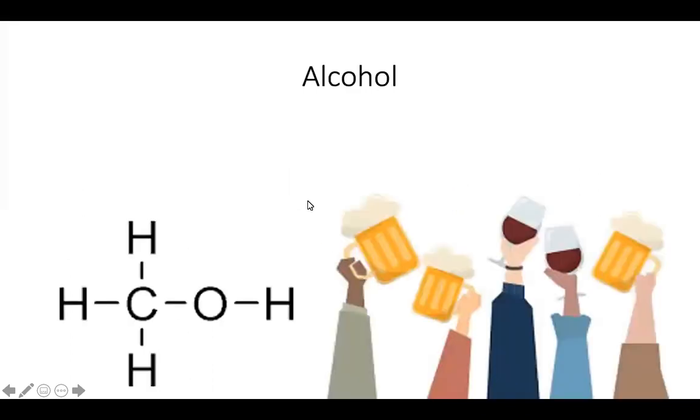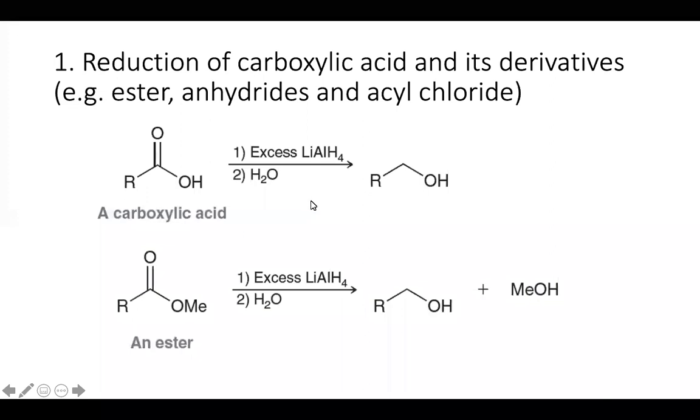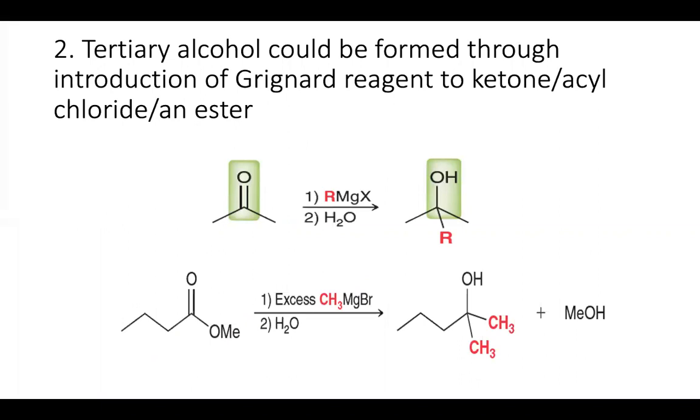Alcohol. So alcohol, how do we prepare alcohol? First, we can use reduction of carboxylic acid and derivatives, such as ester, anhydride, and acid chloride. We usually use LiAlH4 to do reduction. Next, we can also make tertiary alcohol with Grignard reagent, by using ketone and acyl chloride or ester. This is an example of using ester. So introduce Grignard reagent, which is this, and it adds an OH group here and an alkyl